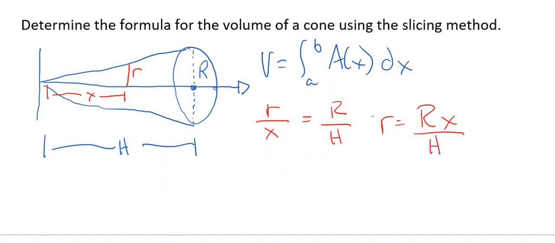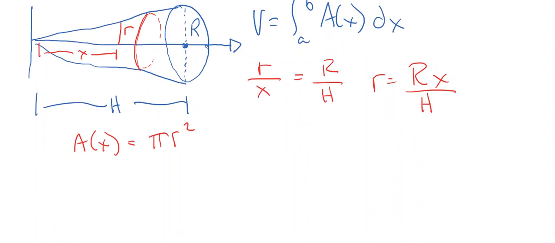So that means we can determine the radius for any value of x. Capital R and capital H are constants, they do not change. But as x changes, r will change, and so we can find the r value for any arbitrary value of x. Well, because the cross-sectional areas here, when we do the slicing method, are always going to be a circle, it's going to fit into the form pi r squared. But r is constantly changing